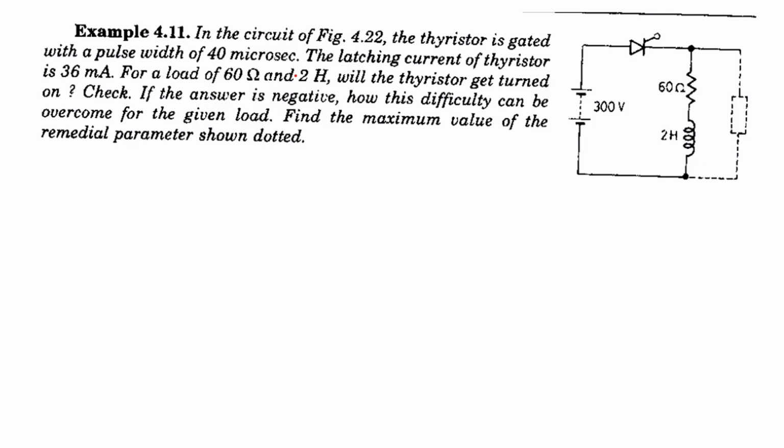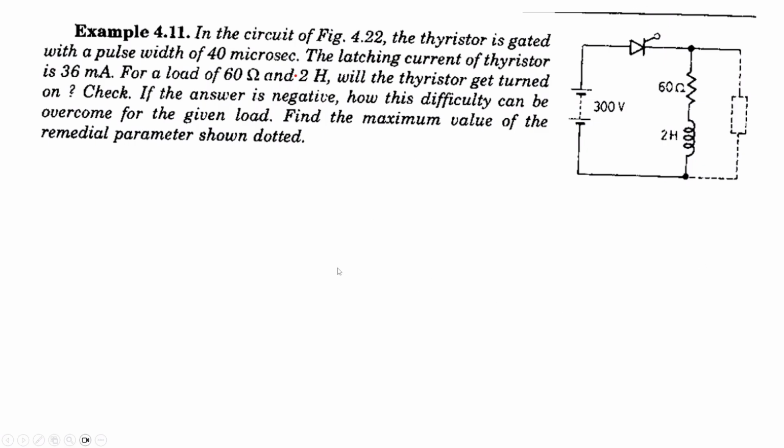The latching current of the thyristor is 36 milliamps. So will the thyristor be able to completely turn on if a gating signal of a pulse width of 40 microseconds is given to it? Let's see how to proceed